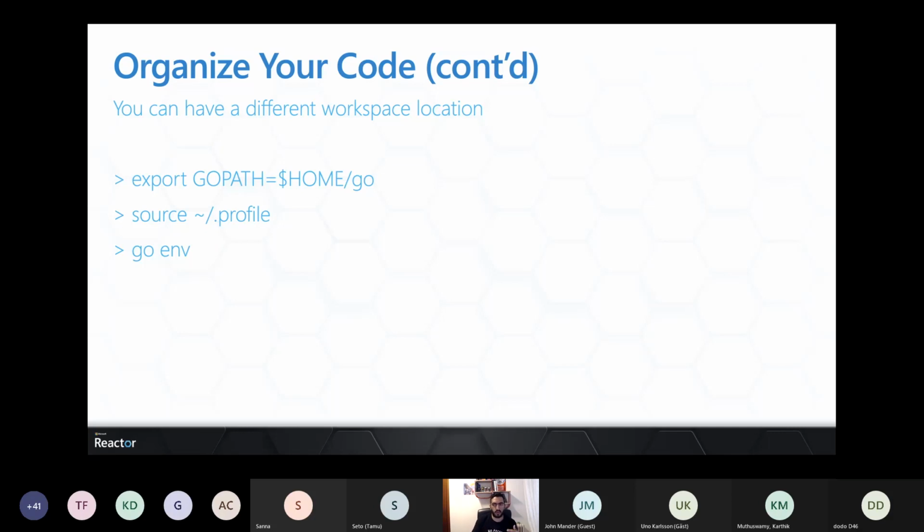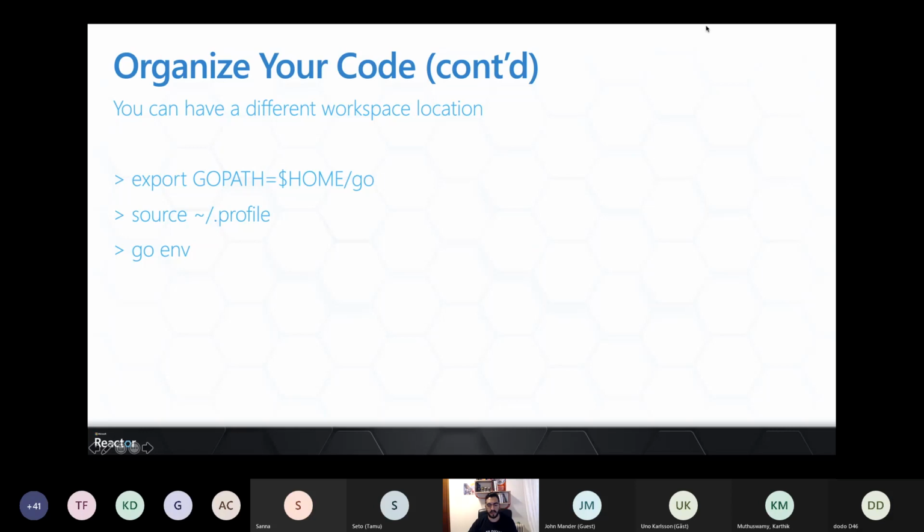And because we wouldn't like to complicate things, we're going to keep things simple and use one workspace for everything. But in case you would like to have another path for your workspace, you can simply set that in the GOPATH environment variable, and again, add that to the profile to make that persistent, and you can get that information from running that command.